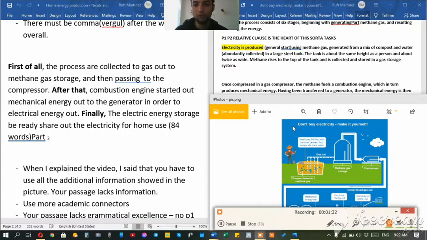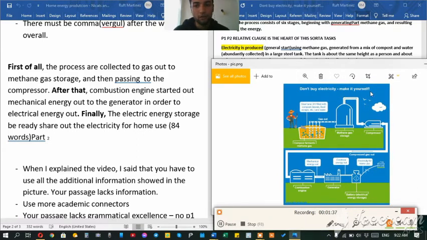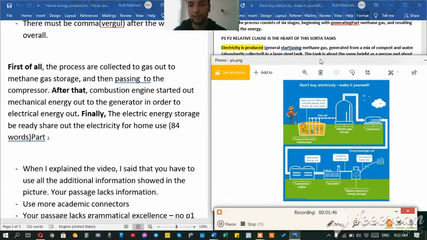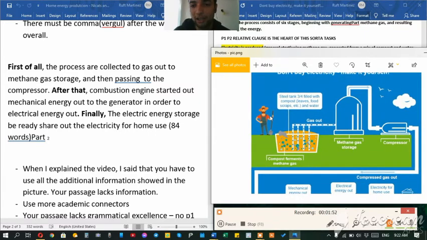Okay, so let's look at the picture and try to understand. So you don't need this name. It says don't buy electricity, make it yourself at home. So which means that it's about the production of electricity. Okay, giving a close look at the picture, you can see a man here. Okay, and he has his tool for taking this thing and putting this thing inside. As you can see, this ash, this pile here means that this guy is throwing something